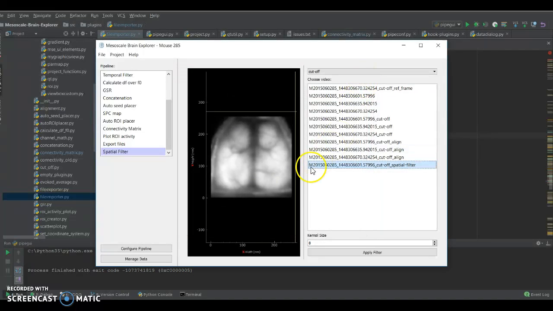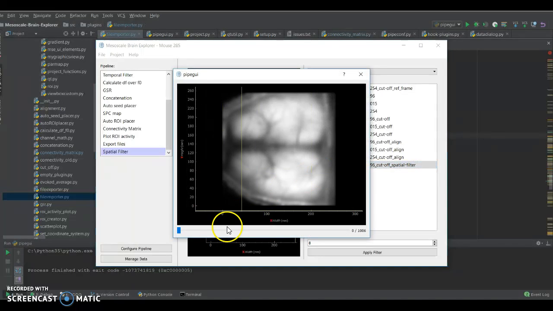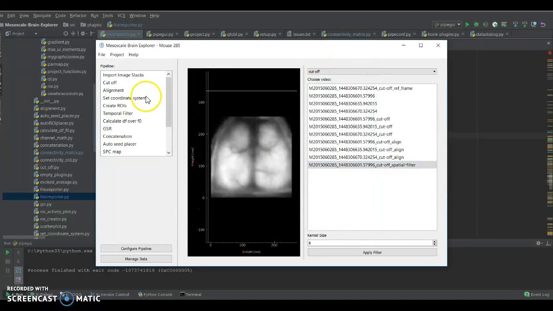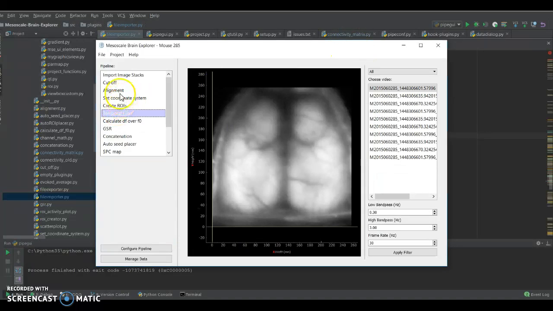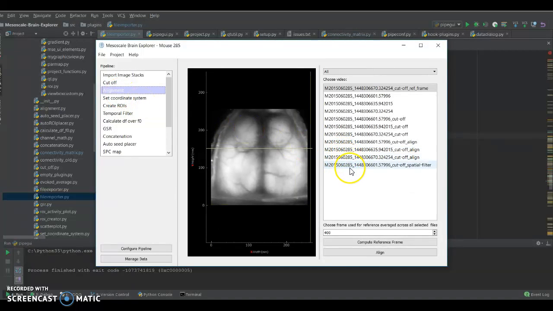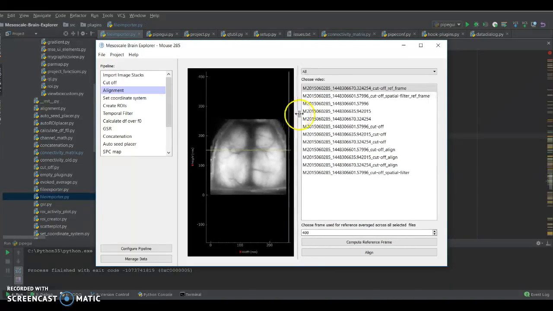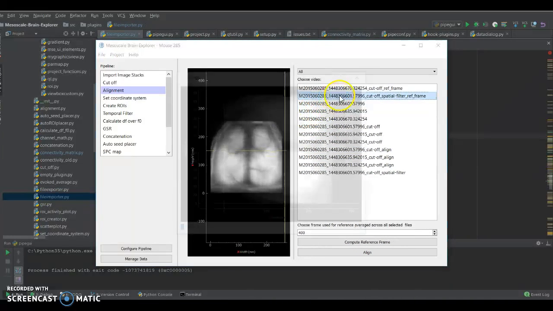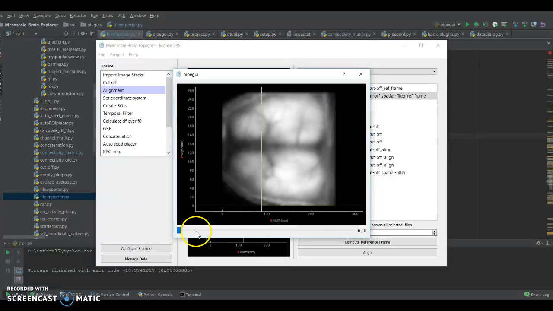So you might be asking yourself now, okay, we have the one method where you spatially filter like this, and now after you've created this spatial filter, what you can then do is go back to the alignment plugin, select only the spatially filtered data, and then compute a reference frame, right? So over here now you can see we have 2 reference frames. Here is a reference frame made from the spatially filtered data, where we've taken the 400th frame from the data that's been spatially